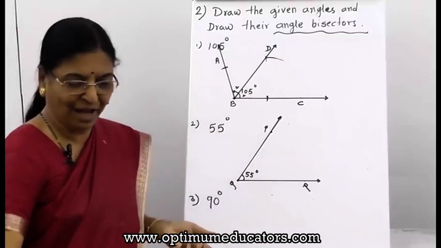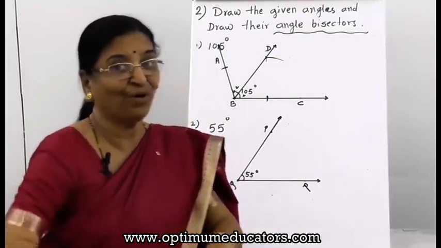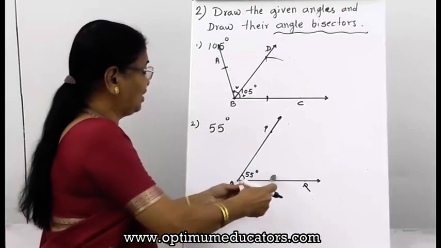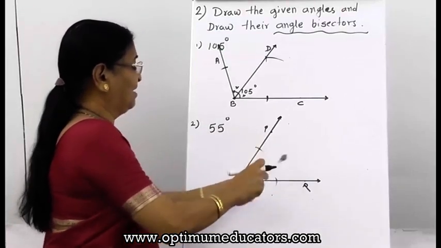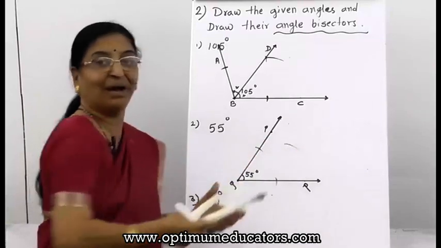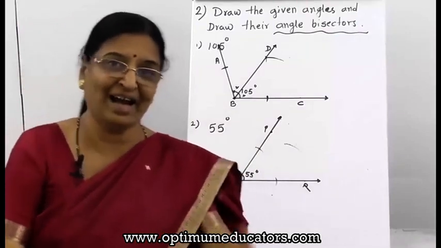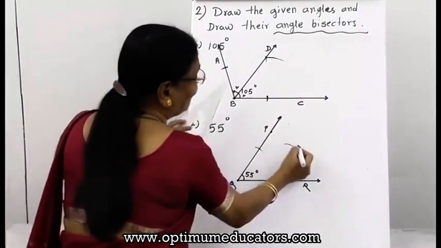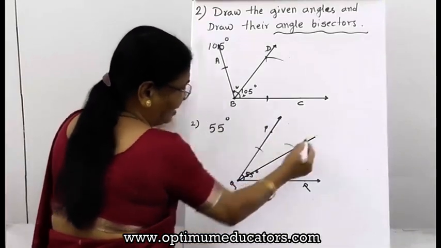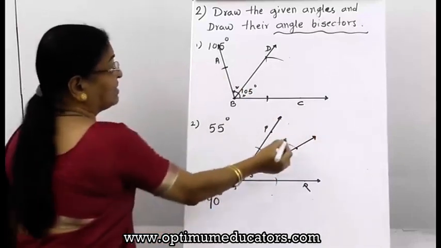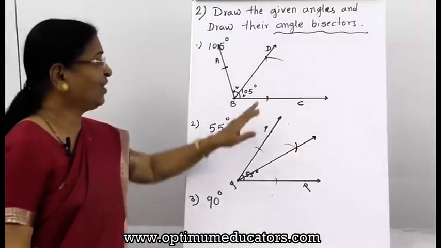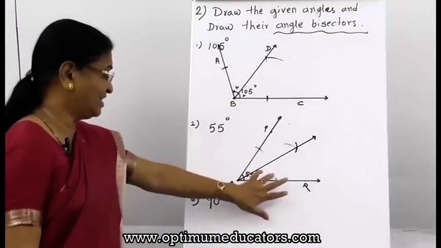Then again take your compass, same thing, because the same repetitions are there, and you can be perfect because practice makes the man perfect. So you have to practice for different angles and you will be perfect in drawing the required angle bisector. So now this is the required angle bisector, so I can mark it for you. So these are the two things. This is the obtuse angle, this is the acute angle.